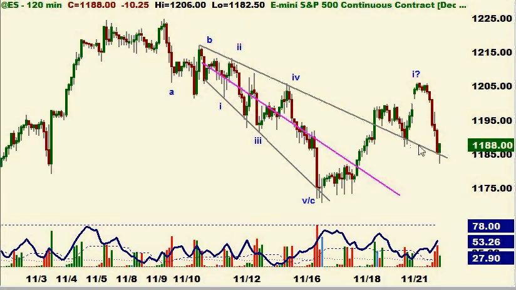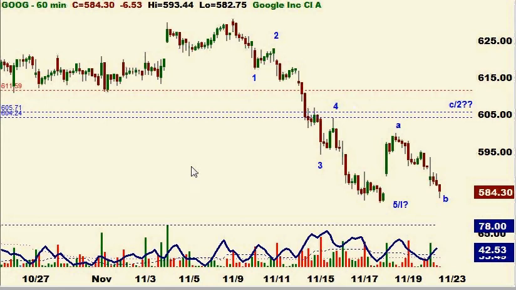That's now the bottom of this pattern here, which again is open for discussion as to what it is exactly, but we shall see. Here's Google. Now, whereas the S&P is very much open to interpretation, Google's chart is just a textbook Elliott wave, 5 waves down. 1 down, 2 back up, and then you can even see the 5-wave structure within 3, wave 4 back up, and a 5th wave down,